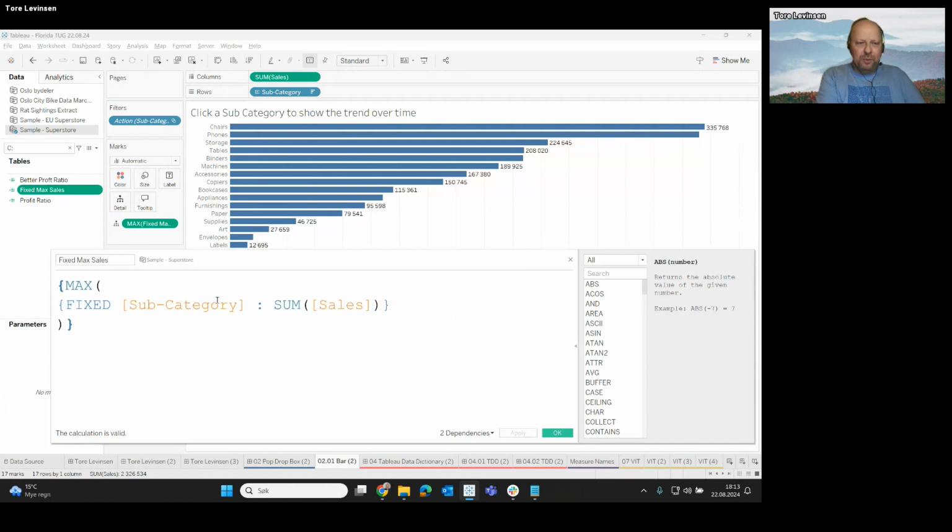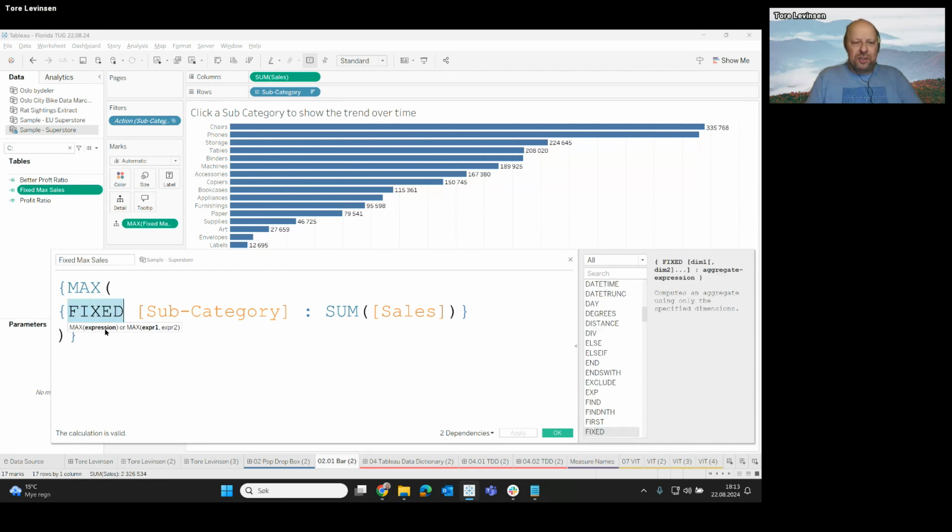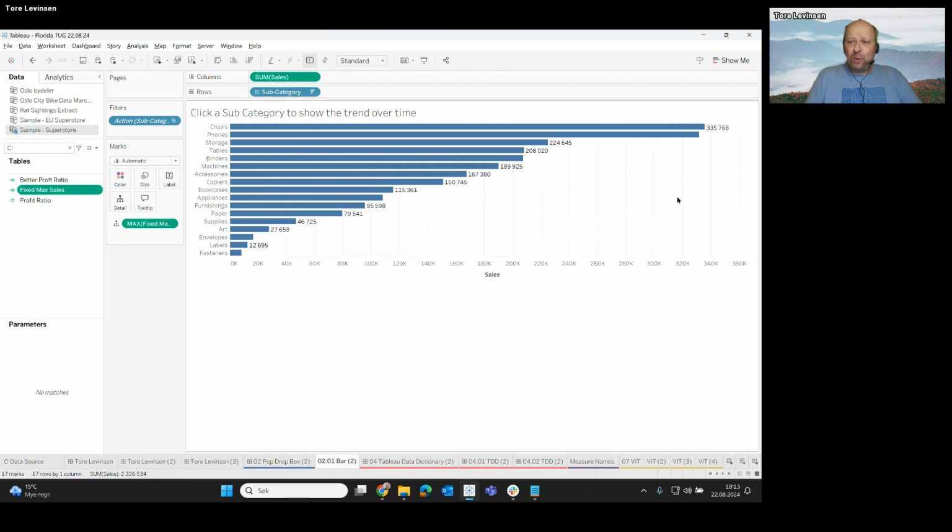And then, of course, Control plus the scroll wheel on your mouse zooms in on the calculation window as well. So what we're doing in here, we're using a level of detail calculation, FIXED subcategory. So for each and every subcategory, please find the sum of sales. So we find the sum of sales for all our subcategories, and then we put a max on top of that. So we'll always get the highest value. This is then the one I'm using as the reference line, hidden in the background. So we'll keep this